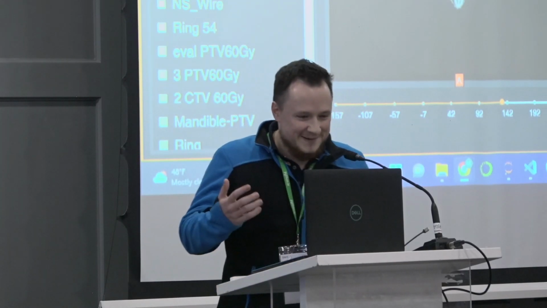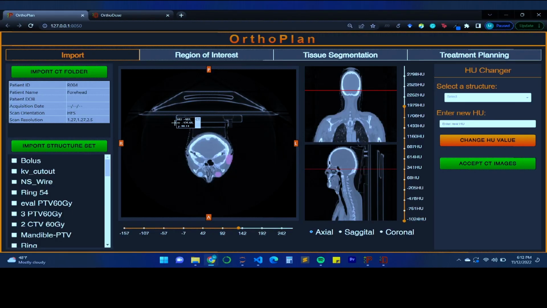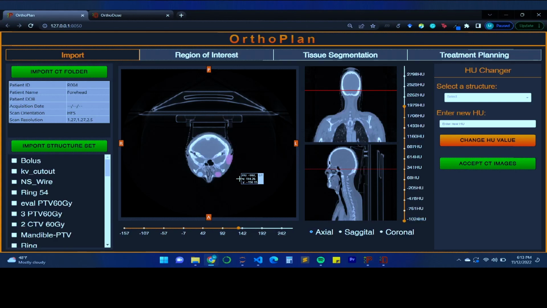So I don't have slides for this. This is obviously kind of last-minute preparation, but I do have a demo. So the main purpose of this user interface is to bring in computed tomography or CT images of the patients into the display. And this can be done by a click of a button and selecting the folder with the DICOM files that were mentioned earlier today. This brings in the images in the three orientations, the axial, sagittal, and coronal